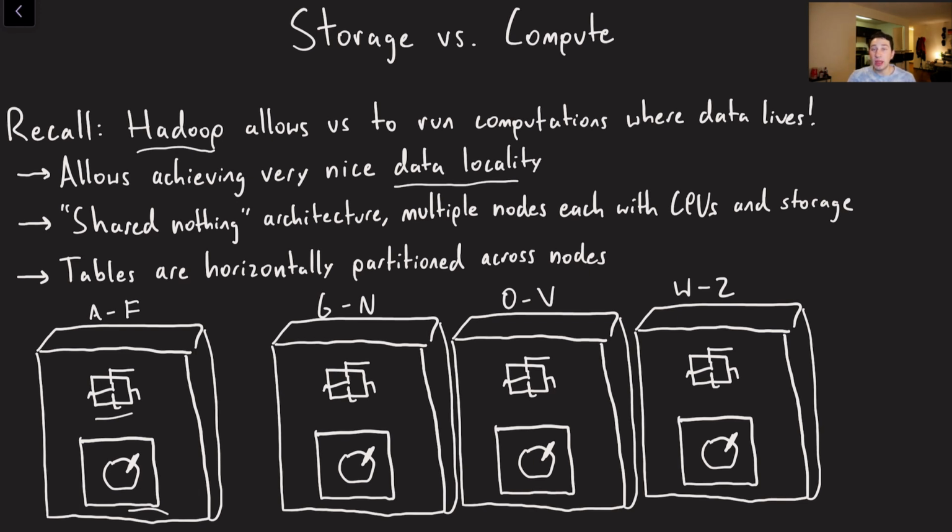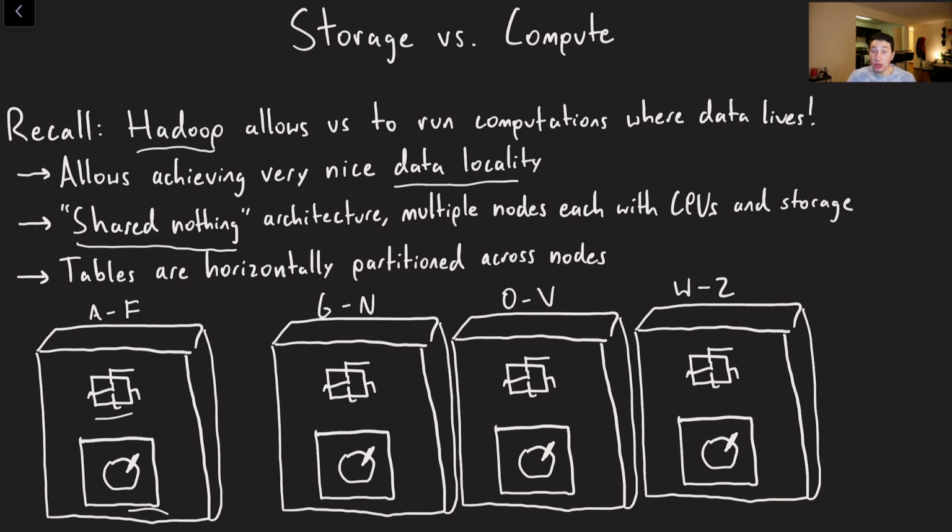So this is what, at least in the paper, and probably elsewhere as well, I've seen the term used many times, they call a shared nothing architecture, right? You've basically just got a bunch of different computers, which all have their own CPUs and their own disks, and they are effectively all operating in the same capacity, right? They're storing some percentage of a table. If we're talking about a database or a massive data warehouse, they're storing a percentage of the data warehouse, and then any queries on that data are being run locally and eventually being aggregated somewhere.